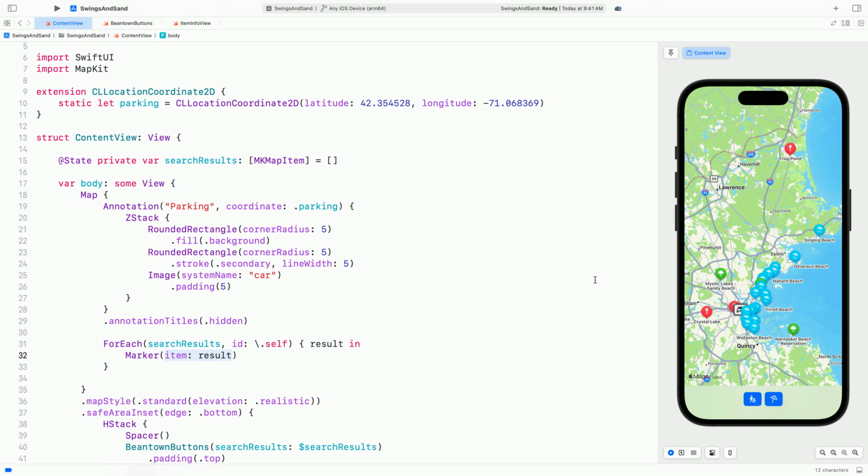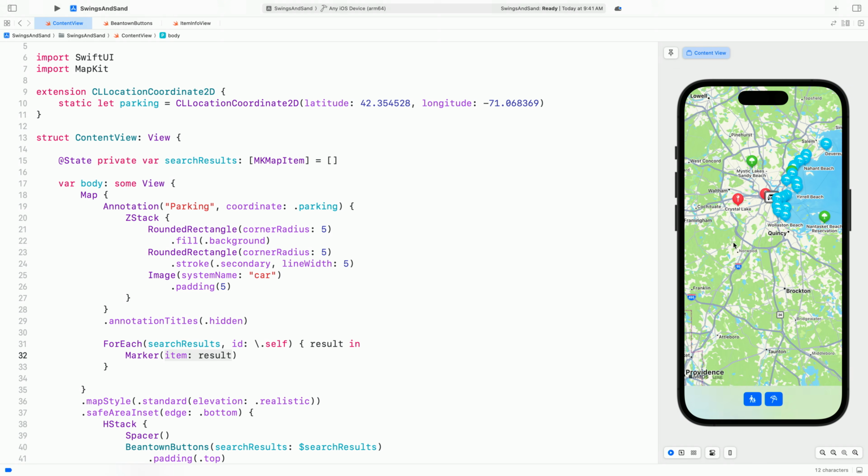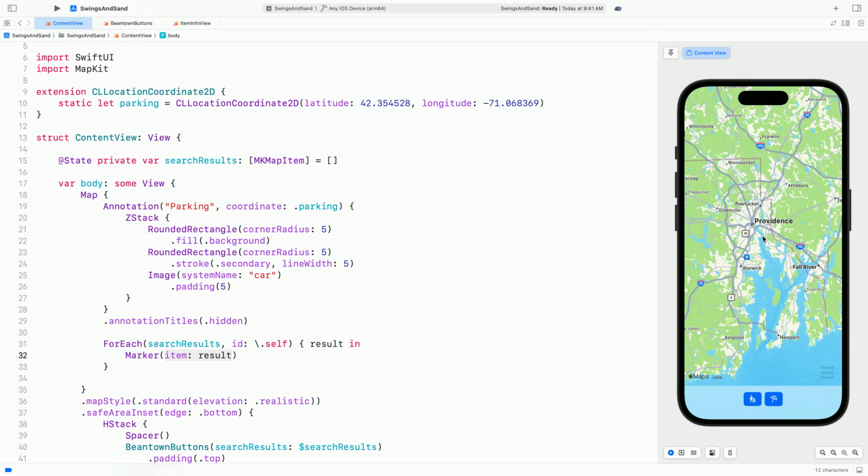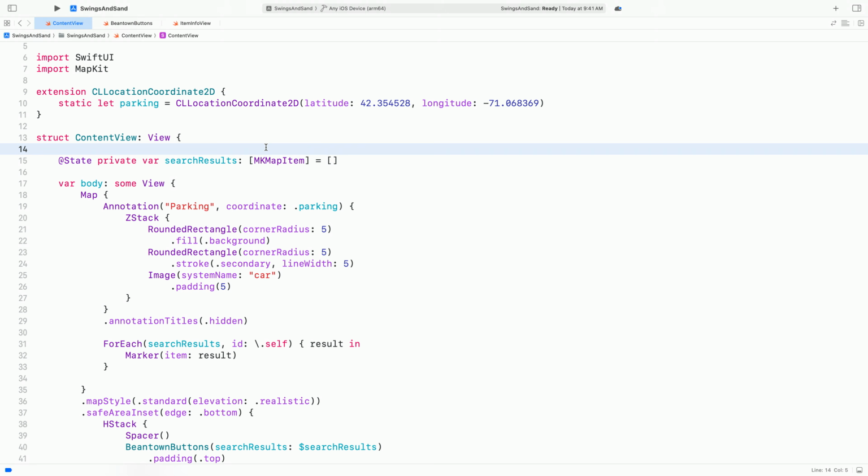Right now, we're looking at beaches. If I pan away and search for playgrounds, the map no longer automatically displays the results near our Boston Common parking spot. To display the search results after the user has interacted with the map, I'll need to reset the map's camera position state so that the map will frame the markers.